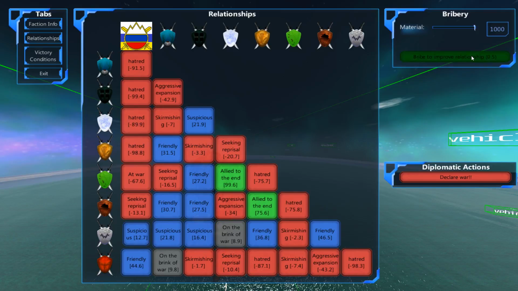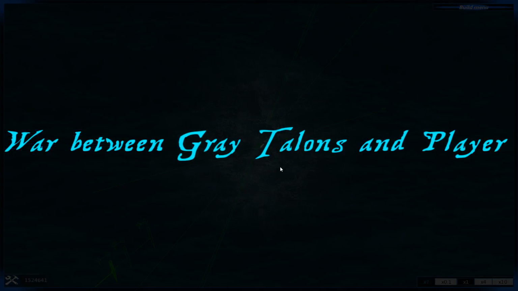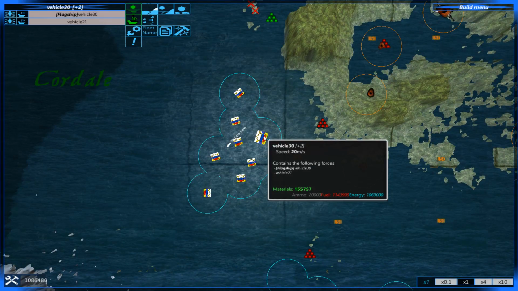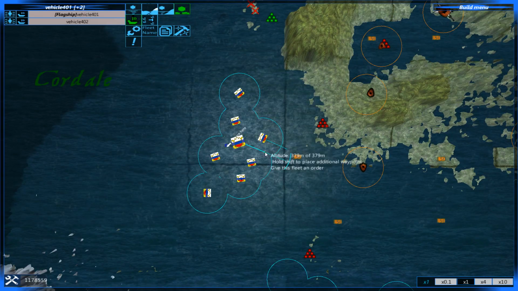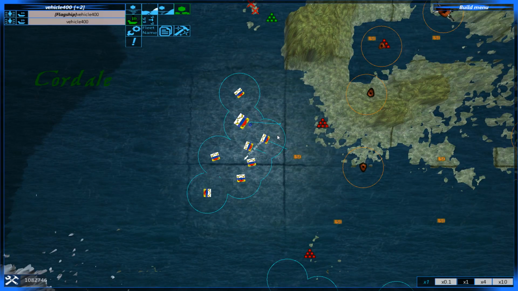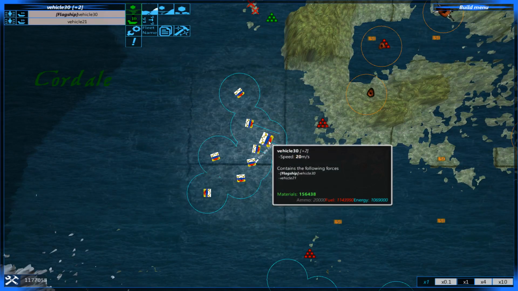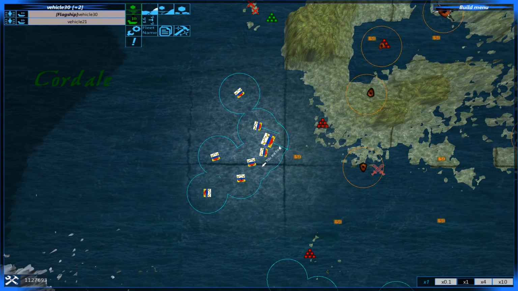We can do this. Receiving. And we're gonna go attacking them. Moving out. As I said, they have a very great variation of vessels, but mostly their ships are like modern style navy vessels with a lot of aircraft, and